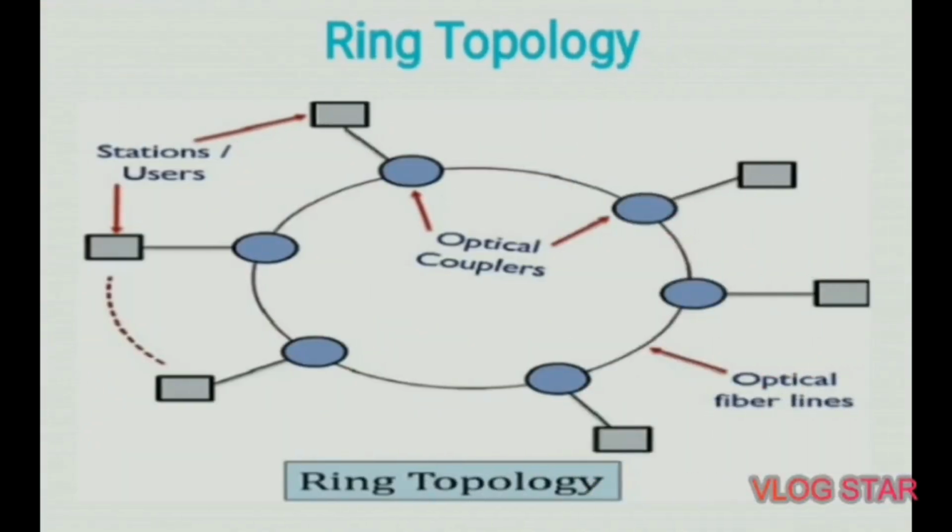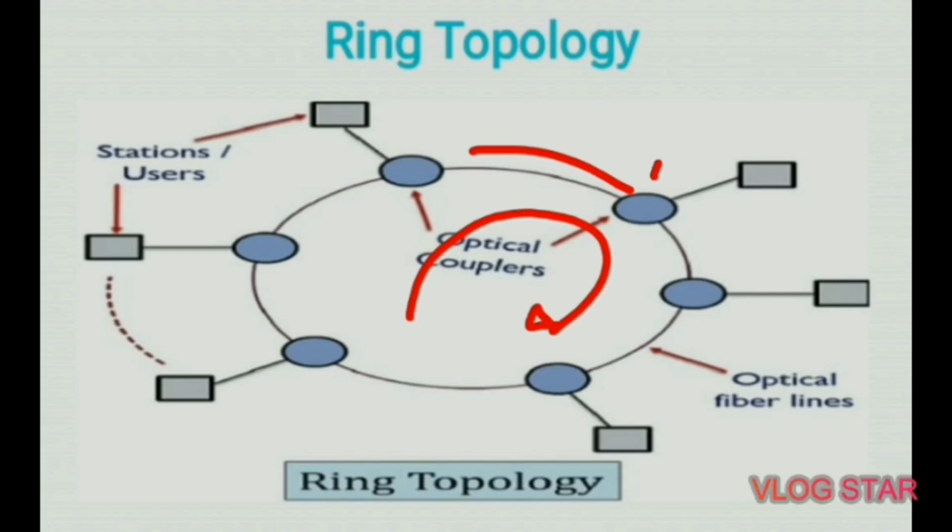Next is a ring topology. In a ring topology, one single node is joined to its neighboring node, thereby forming a closed path. So the transmitted information in the form of light is sent from one node to another. Also, optical couplers are installed within the network in order to decouple the transmitted optical signal from one node to another. Here in this figure, we can see in a ring topology, one node is connected to the second device in the ring form.